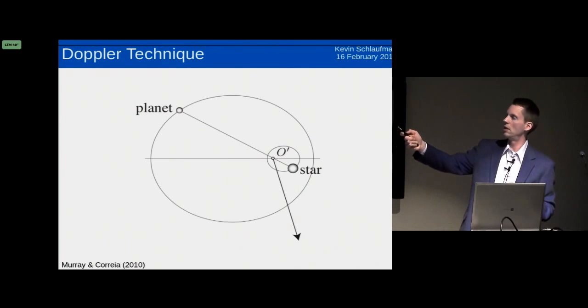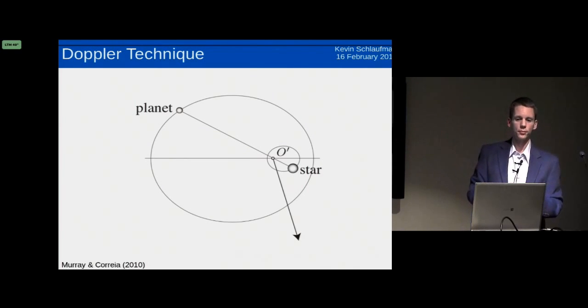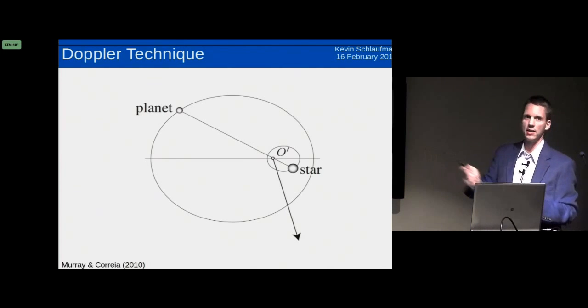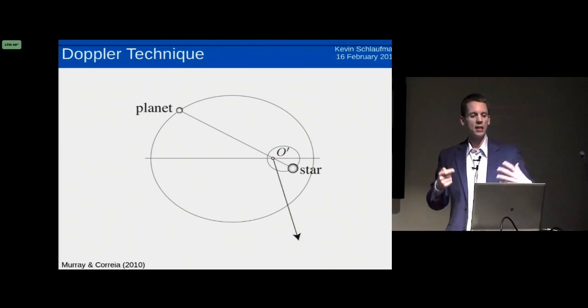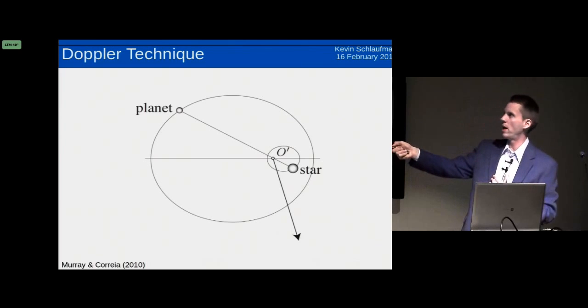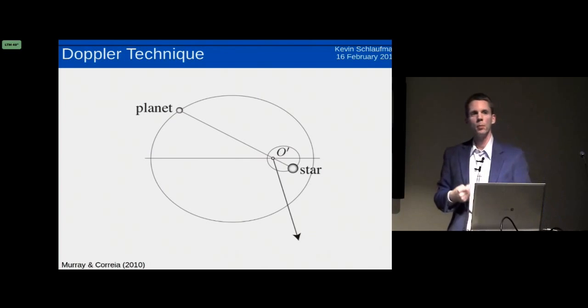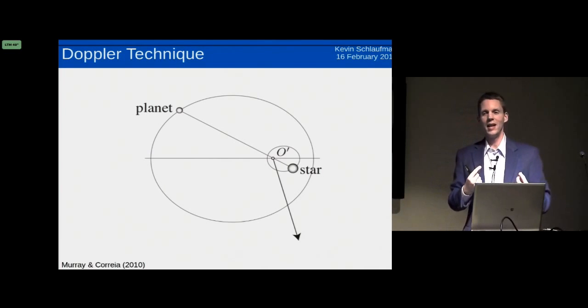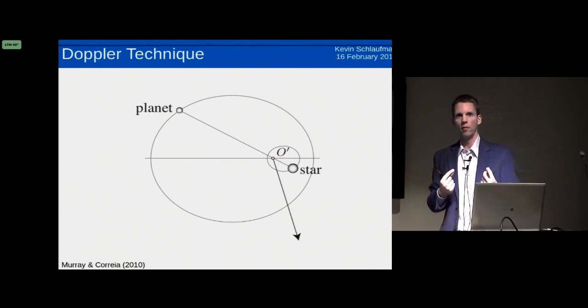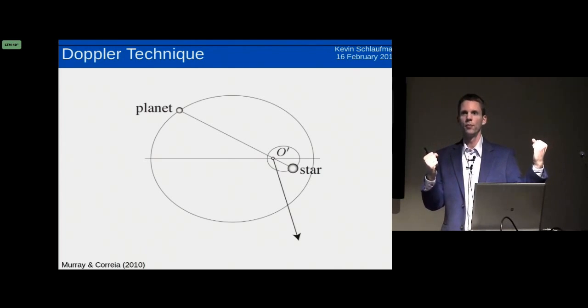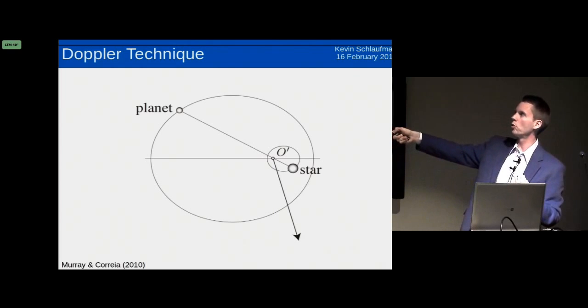And the first is this Doppler technique. So this is a diagram of a star and planet system. And this is exaggerated in the sense that the center of mass is typically inside the star if the object is only as massive as a planet. But the point is that the planet and the star orbit their common center of mass. And because that's true, not only does the planet have an orbit, the host star has an orbit. And the host star moves around in that orbit